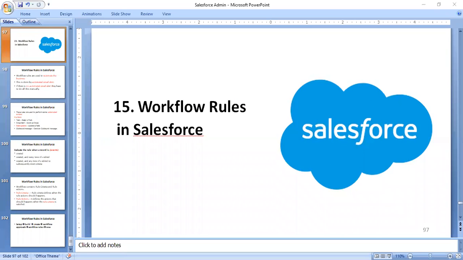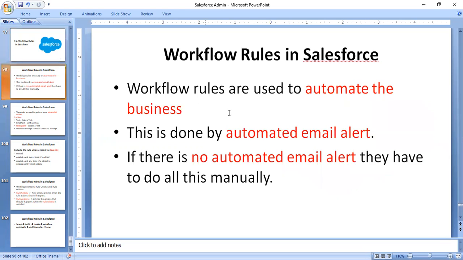Okay, good morning. Today's topic is workflow rules in Salesforce. What are workflow rules? Workflow rules are used to automate the business process, and mainly this